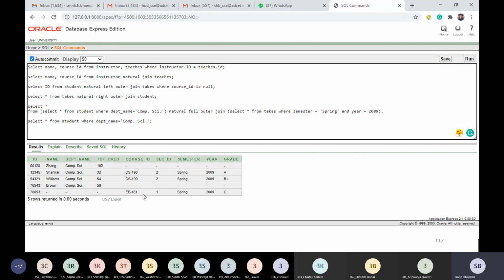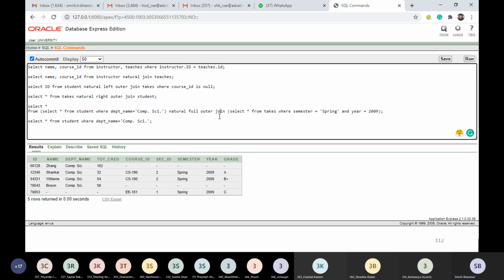So, see here, this course EE181 is not offered by computer science department. Right? So, we are not having any student who has opted for this particular course. Right? So, even though we are not having any match in the left hand side relation, the tuple from the right hand side relation is retained.